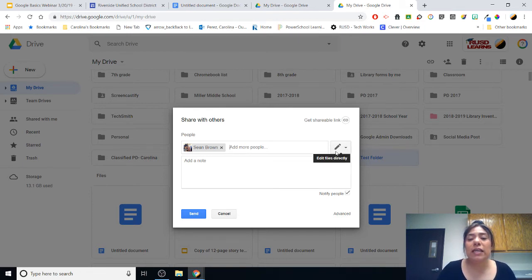If you see there's this little pencil on the right, you click it. Do you want this person to view only anything in this folder, or do you want them to be able to edit, add other individuals, or organize? If you do want to give them that permission, you can click that little pencil and go there. But remember, they're going to have the ability to edit your document, which sometimes is a good thing because you can collaborate, but they can also remove information and add. So it just depends on what permissions you would prefer to give them. I'm going to give him view access only, and it changes that to a pencil, and I can click send, and it's on its way